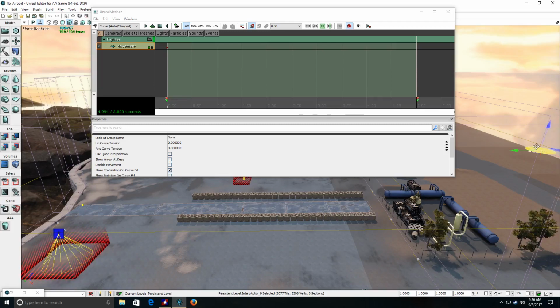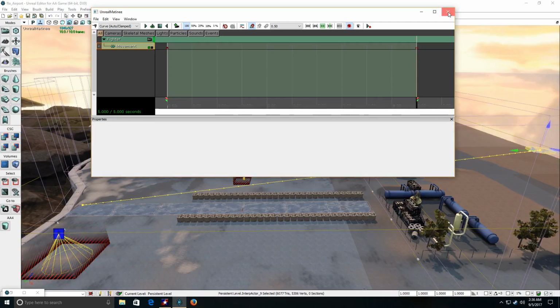Okay, now I stop it, and I go up here, and you see this little black keyframe. Add keyframe. Okay, now you see this yellow line here. Okay, I hit stop. Okay, now I can just take this little keyframe and you can see the plane fly. Okay, now when I play it, there it goes. There went our fighter. Okay, so now I can close this